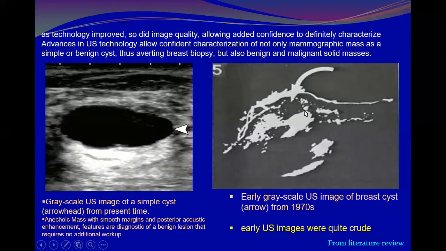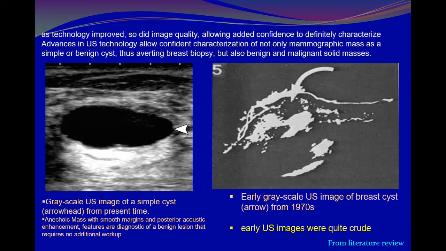Can you imagine this crude image? In this crude image, this is a cyst, and compare it with high resolution current, very beautiful imaging delineating a simple cyst. So confidently here we can say this is a benign lesion, no need to put a needle and to take